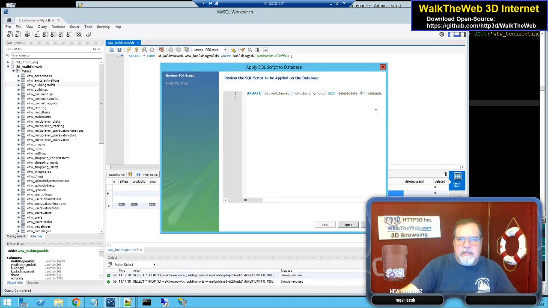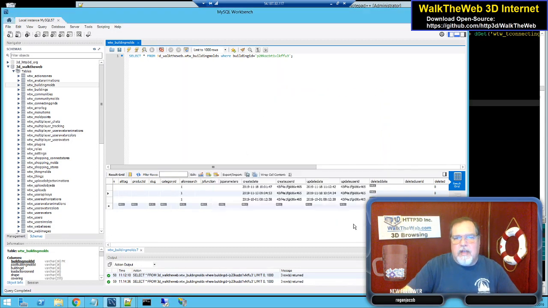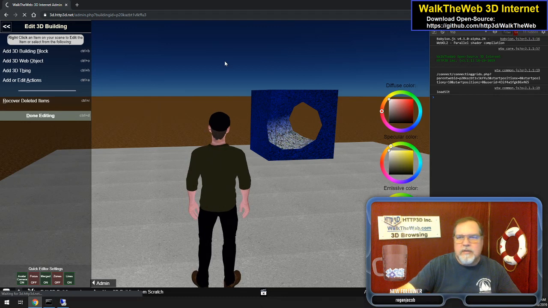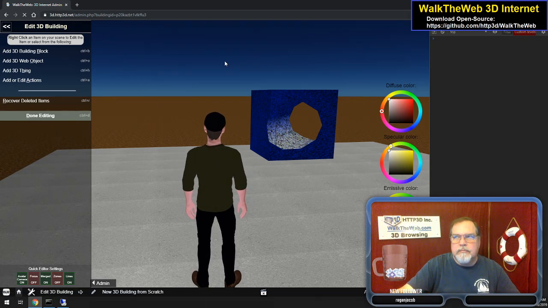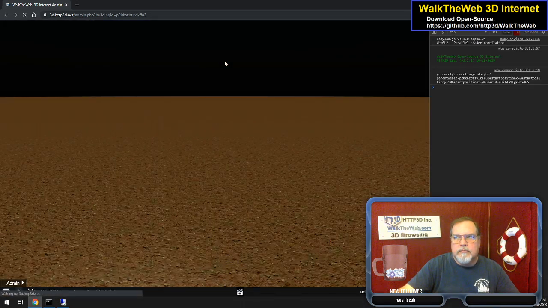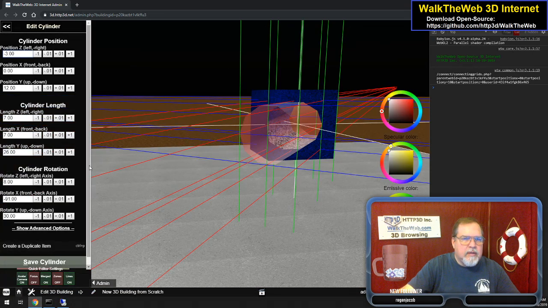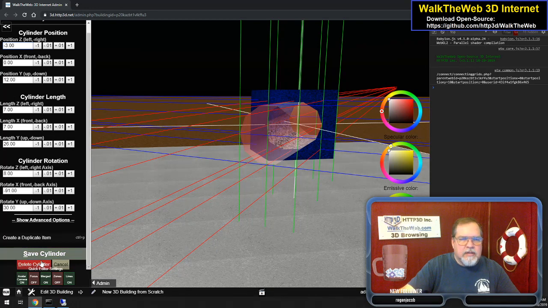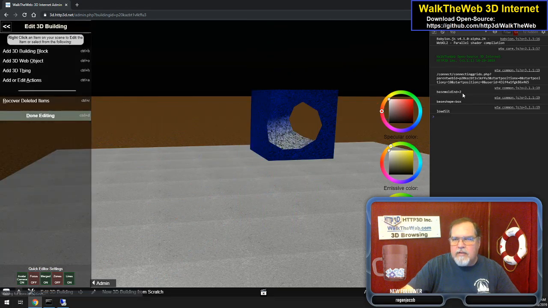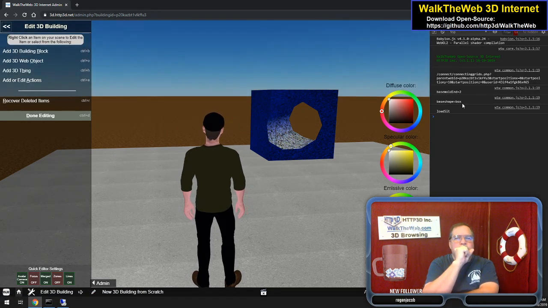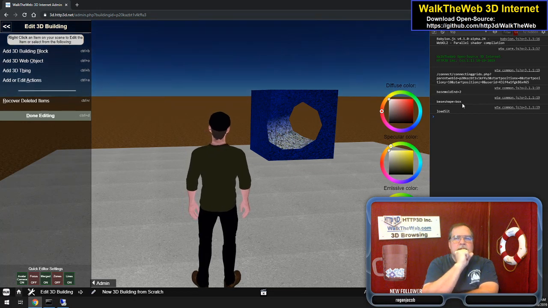Apply, set the date to null, and moving right along, apply, finished, and let's refresh this page. We should have that back in place. Okay, right click this item, tell it to delete the cylinder, and IND is 2 and box is that, and it did not reload it. So it did find it,